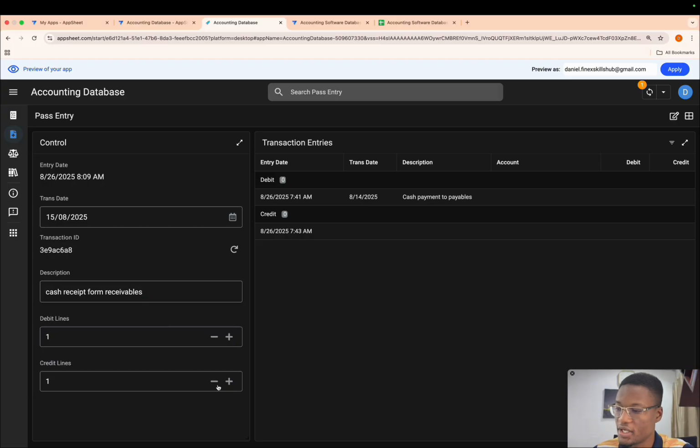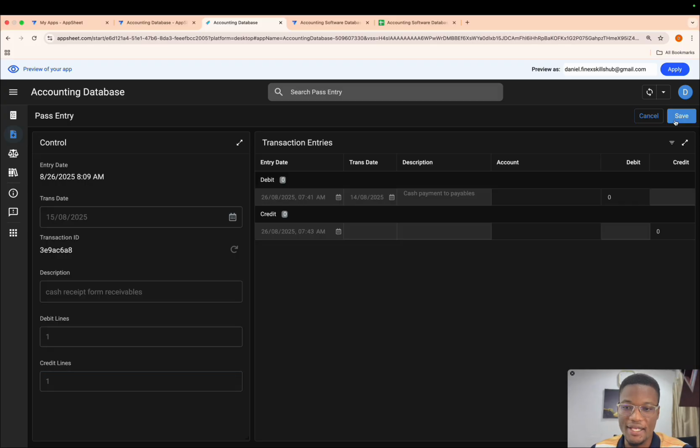Receive cash from receivables. When you receive cash from receivables, you know that it's going to increase your cash balance. That's you debit cash because it's an asset. And you're going to reduce your receivables balance. The amount you're expecting to receive from people is going to reduce, and it's also an asset. So an asset reduced, that's a credit. So you debit one and you credit one, right? Good. So once we have this one and one over here, that's fine.